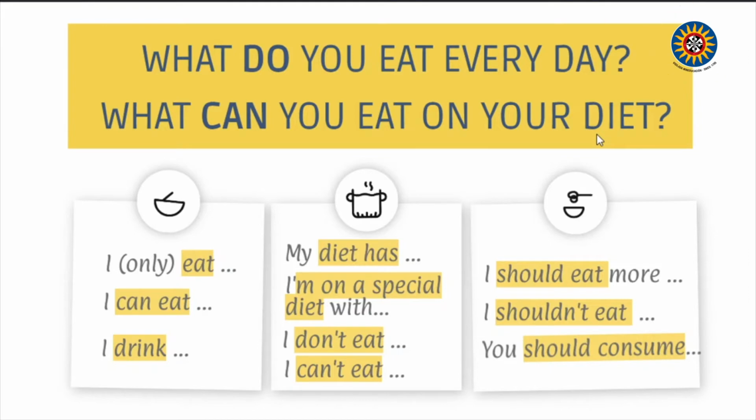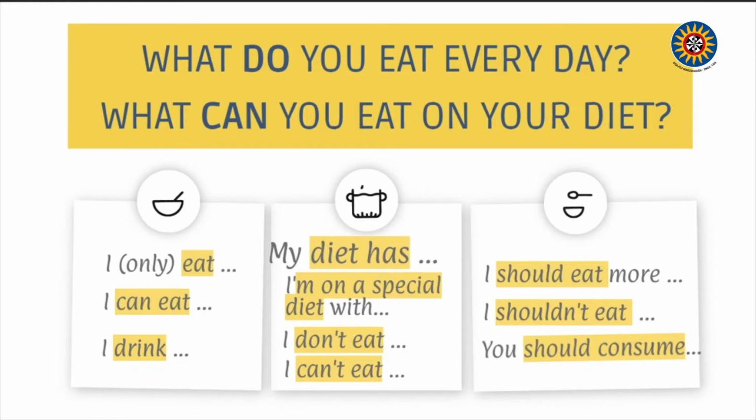To answer these questions, you can say, "I eat fish and vegetables," or "I only eat protein." In case you follow a special diet, you can say, "I can eat some fruit and vegetables." For drinks, you can say, "I drink milk," or "I only drink water." When we're describing our specific diet, you can say,